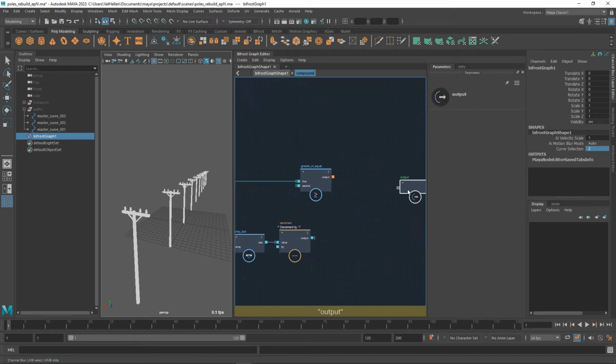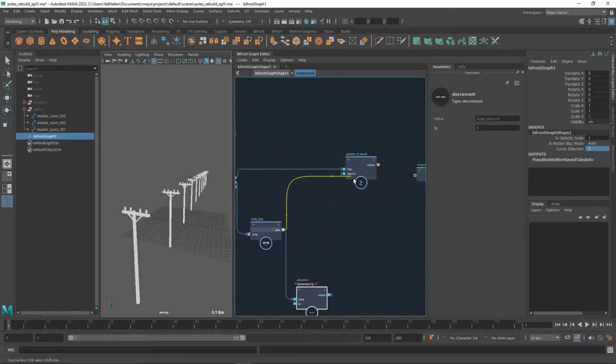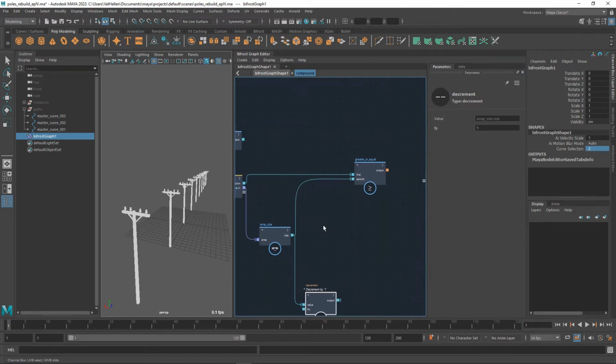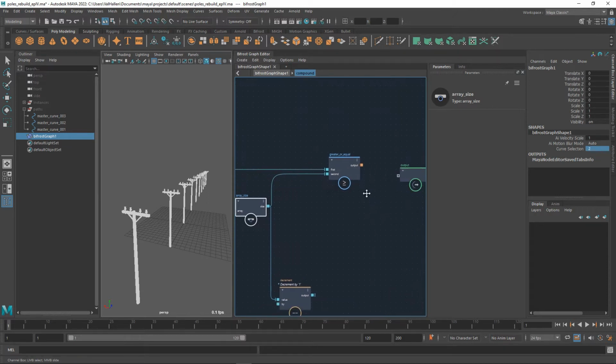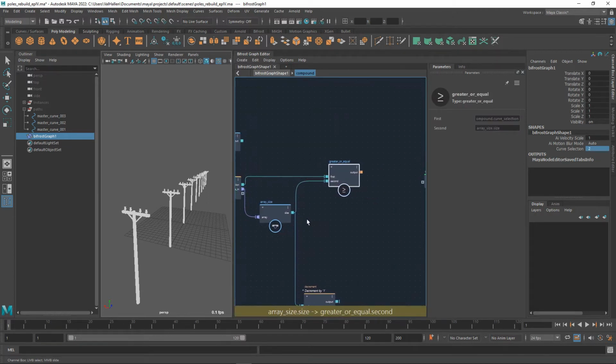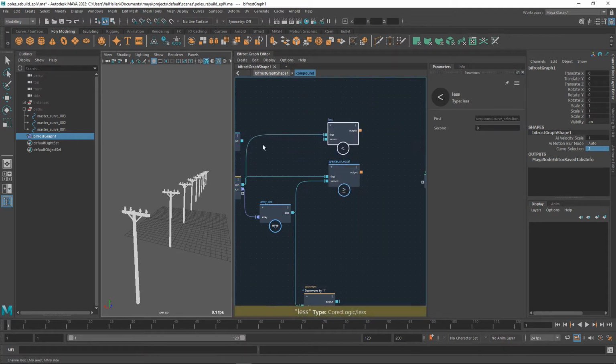So if it's, yeah, that's a good point, I can do that. So if it's greater or equal than the array size, which means greater or equal than 3 in this case, so this will still work. Or less. So if it's less than 0,